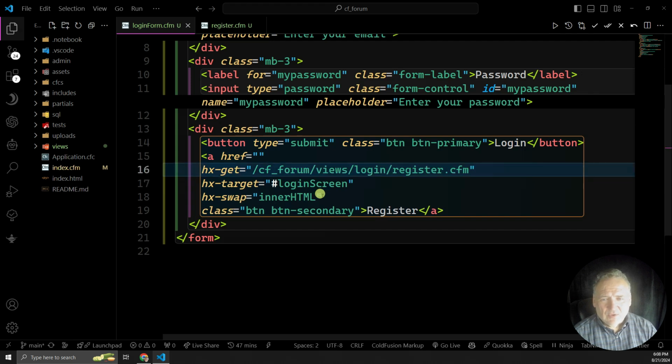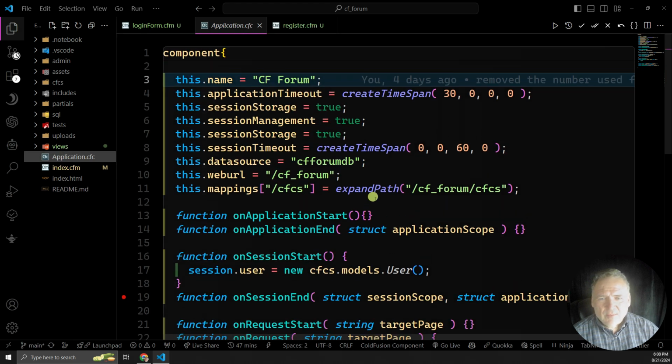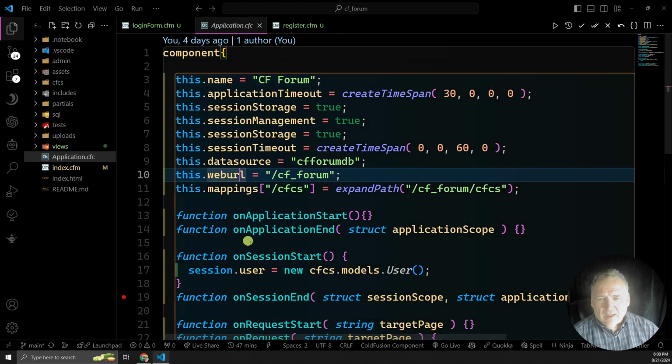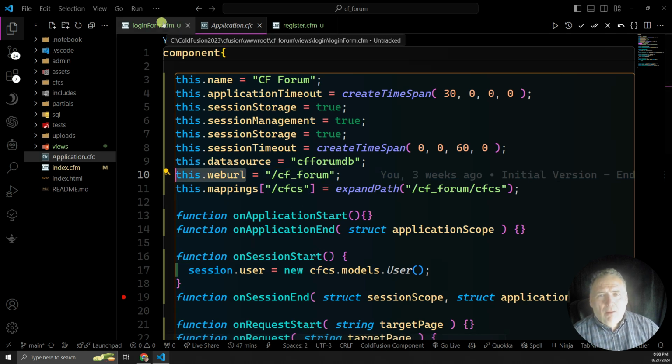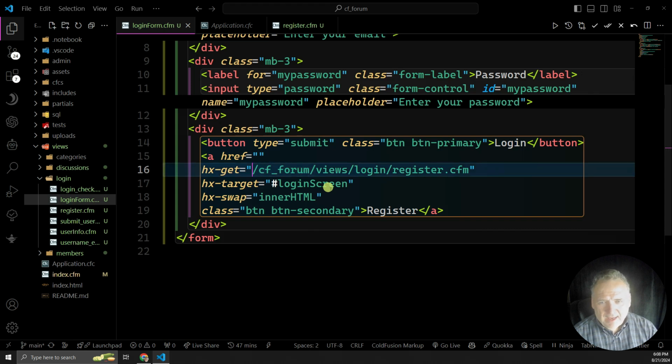We need to be able to, when we're trying to get to the HTMX code, pass this in. So let's go back here. Notice I have web URL, this.web.url, so /cf form. So if I go back here and I simply delete that and I do # paste. Now, why am I doing this? I want everywhere in the application that I'm passing it, that I'm needing to have this path, to be put in dynamically,